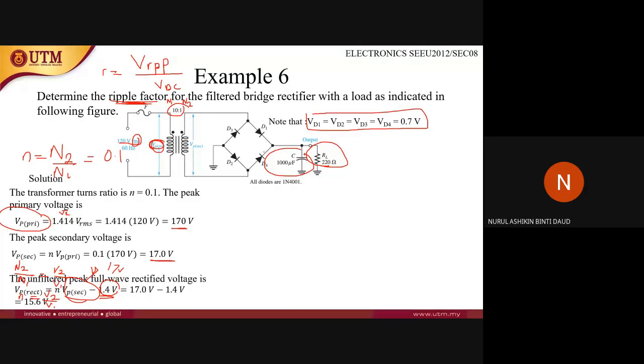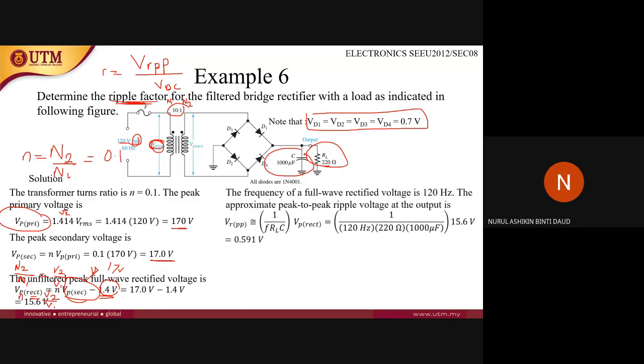So now you need to calculate the frequency of the full wave rectified voltage. Sorry, it is given to you. The frequency of the full wave rectified voltage is 120 hertz. So the approximate peak to peak ripple voltage at the output is